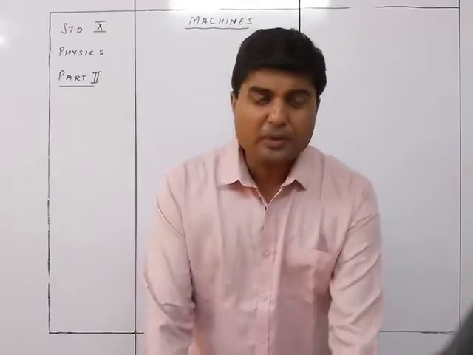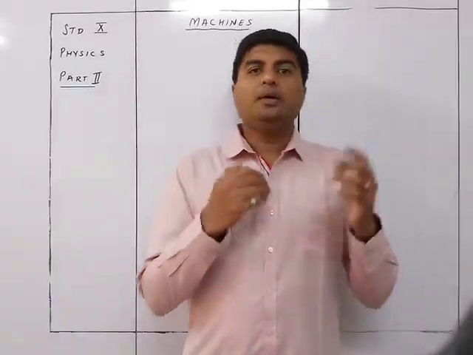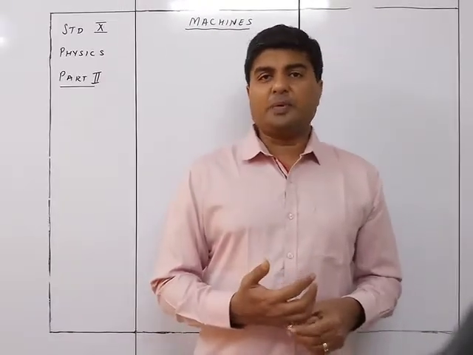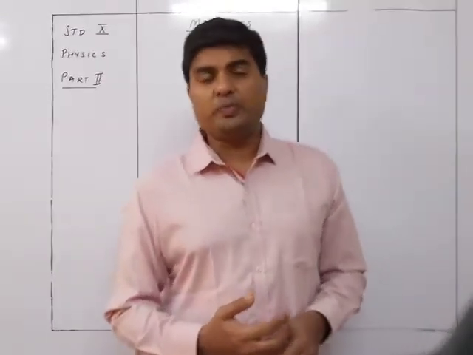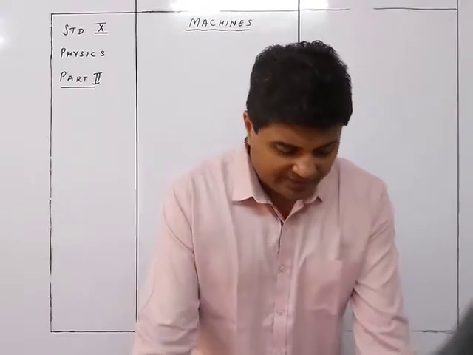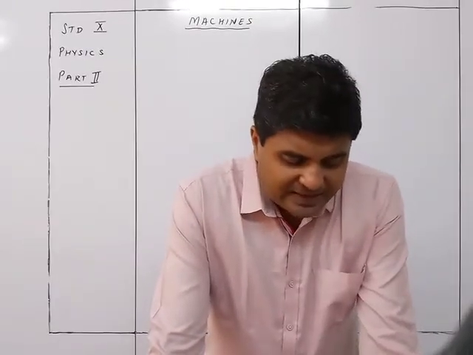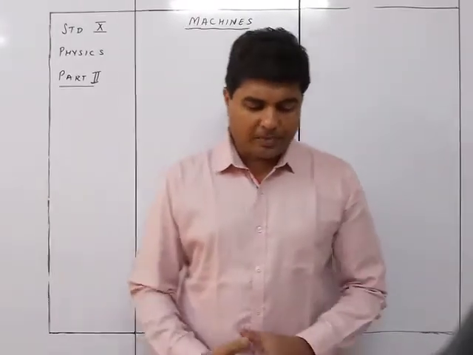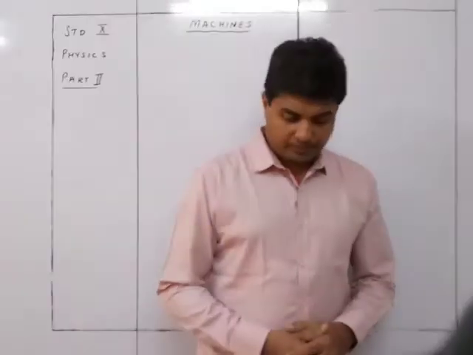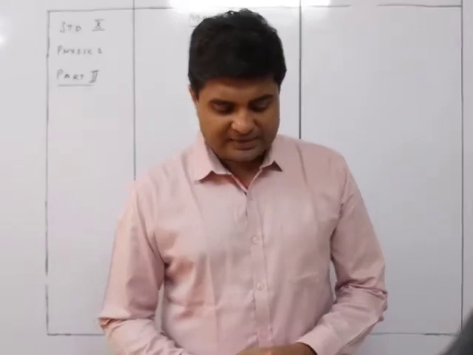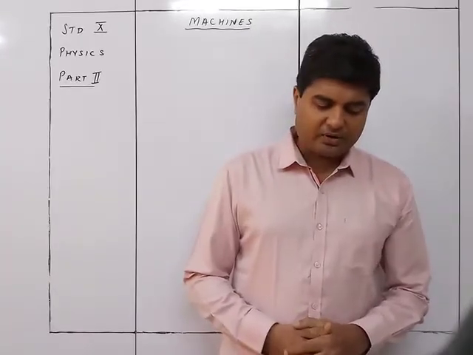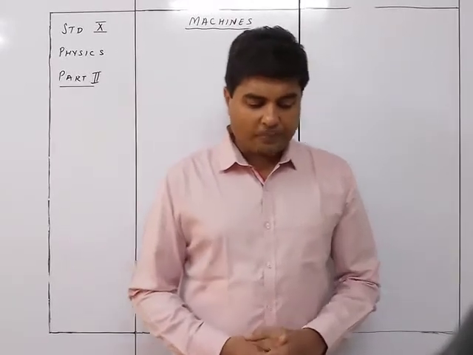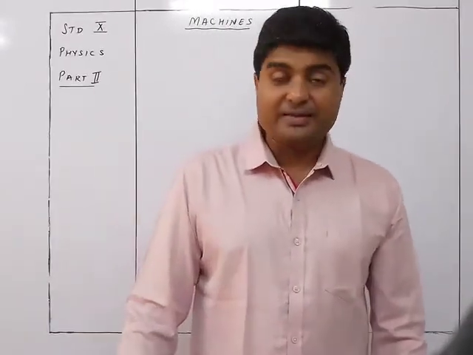So normally what is the principle of anything? Output is equal to input. In the same way, the principle of machines is also the same: work input should be equal to work output. So let's see what exactly they say. When energy is supplied to a machine by applying the effort, it overcomes the load by doing some useful work on it. The point at which the energy is supplied to the machine by applying the effort is called the effort point. The point where the energy is obtained by overcoming the load is called the load point.